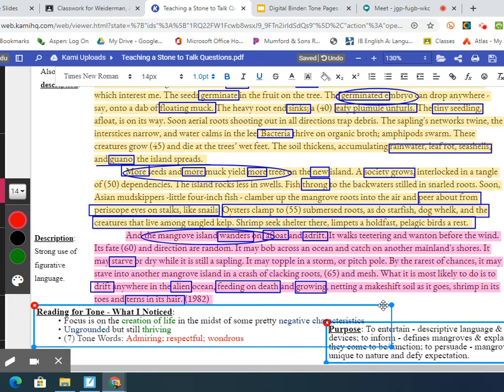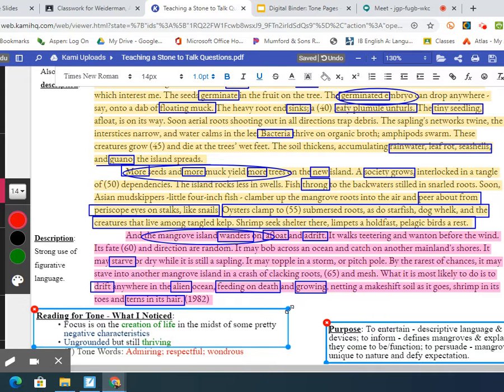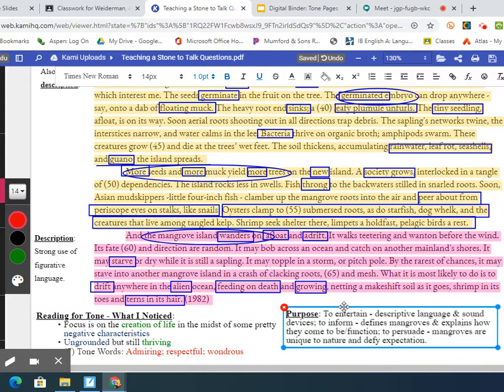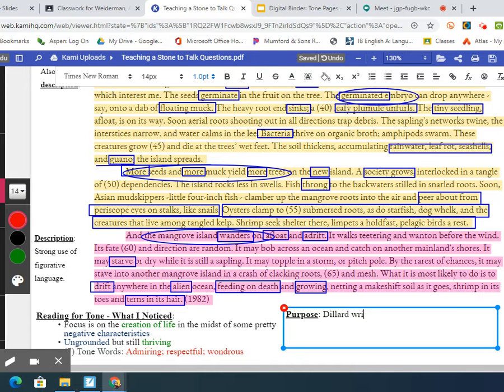This over here. This up here. And I'm going to use this template. I would like you to use this template as well. So Dillard writes,